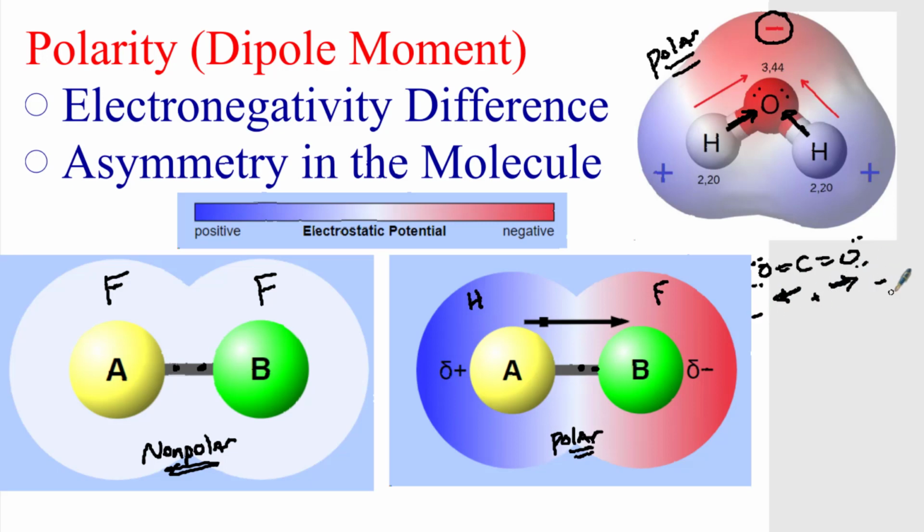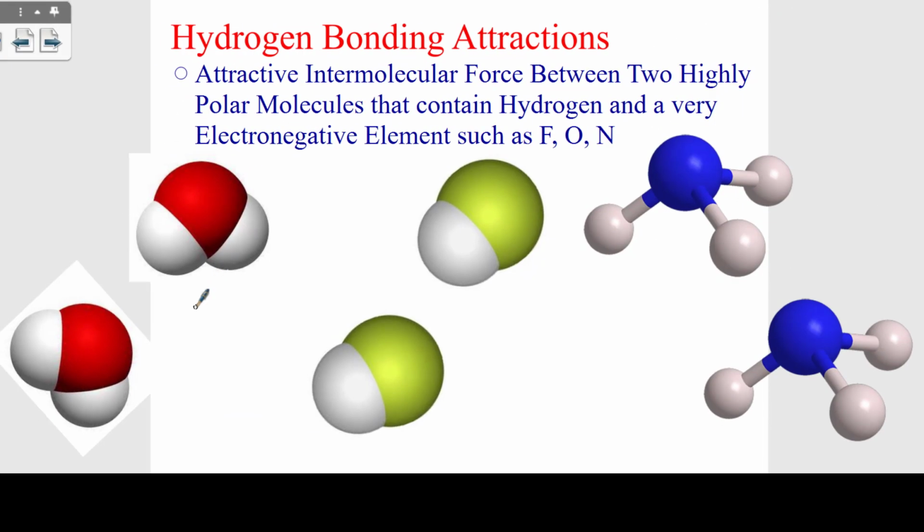You do not have a negative and a positive polar side. So carbon dioxide is nonpolar because of the symmetry of the molecule. So you need to have an electronegativity difference, and there must be an asymmetry in the molecule, which means polar